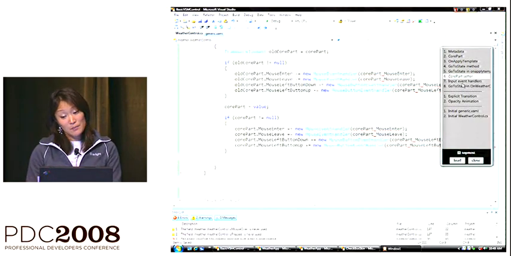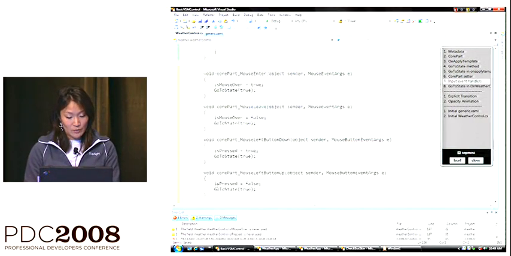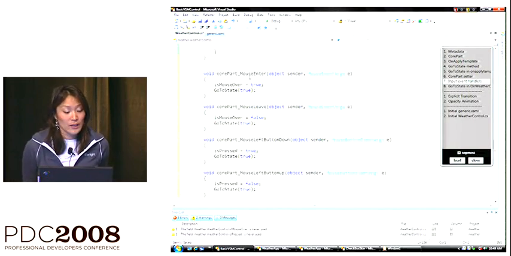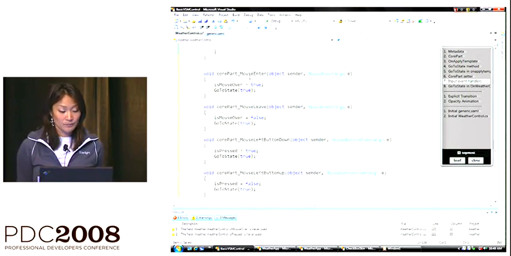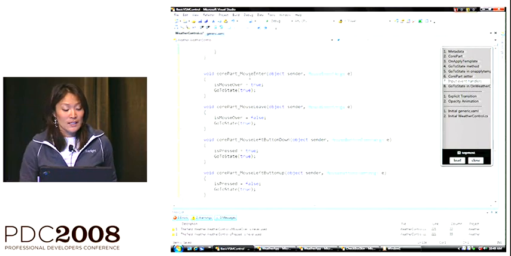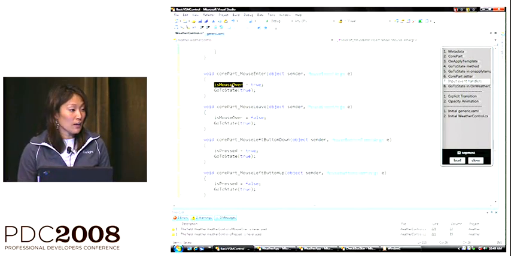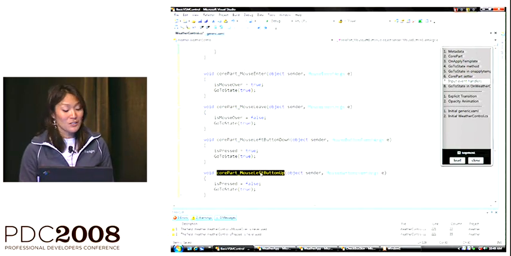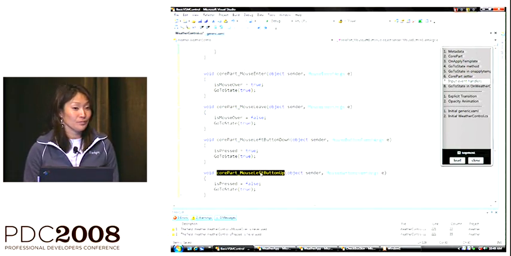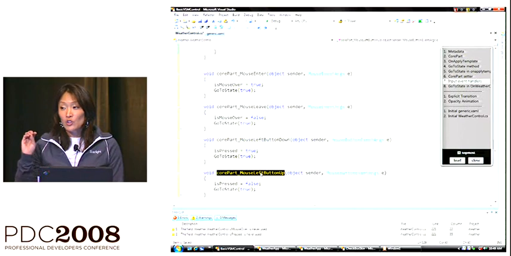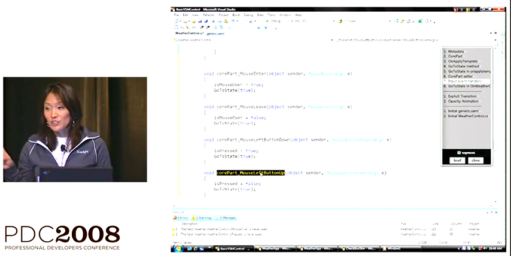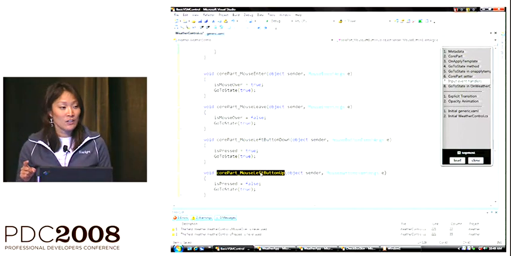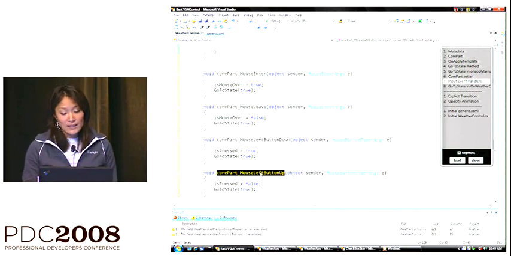Okay, so I've hooked up mouse event handlers. Now I actually have to define my mouse event handlers. I'll do that with another snippet. So here, the core MouseEnter method sets the logical state of the control to be IsMouseOver equals true, and then calls GoToState. And similarly with MouseLeave, MouseLeftButtonDown, and MouseLeftButtonUp. Okay, so far we've added GoToState calls in two different places, in our mouse event handlers and in OnApplyTemplate. There's one last place we need to add it,